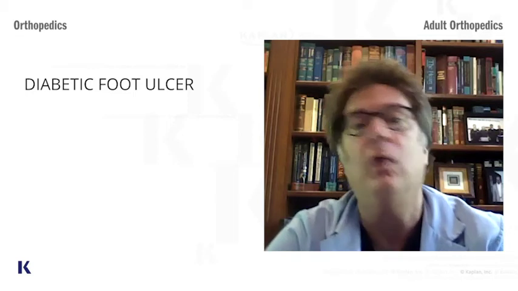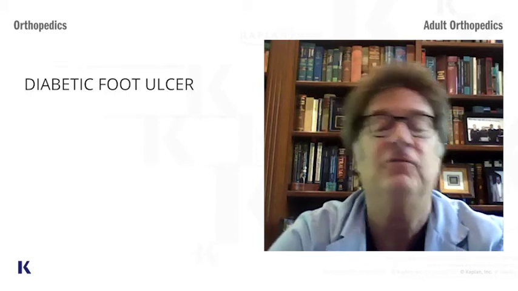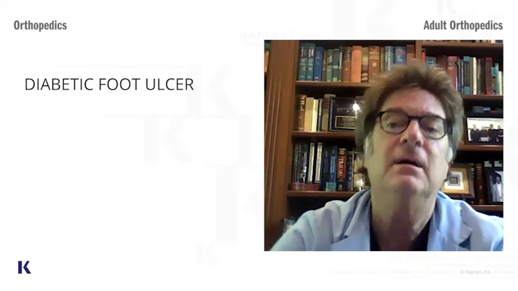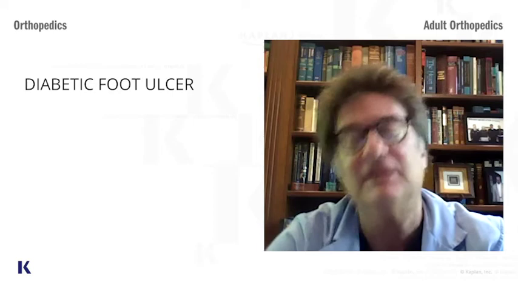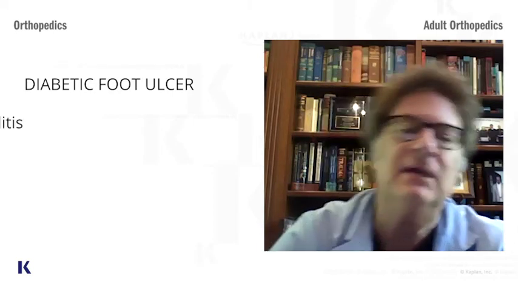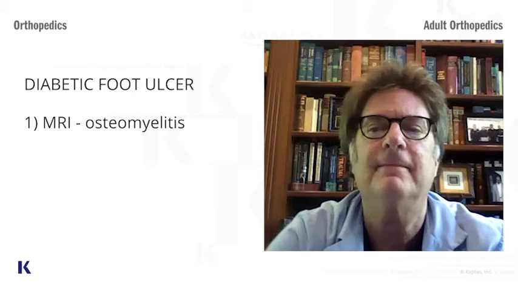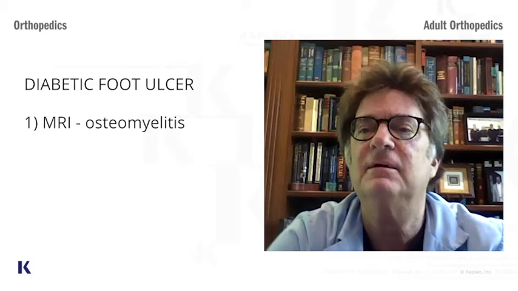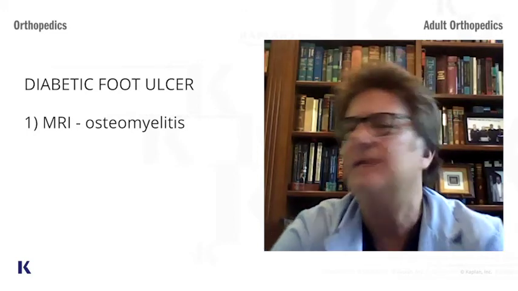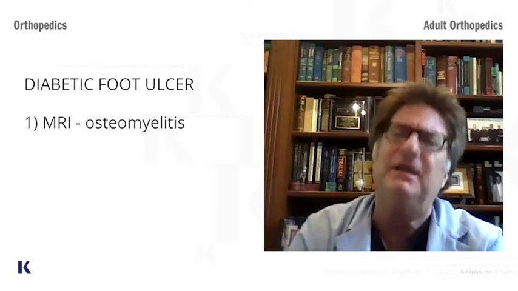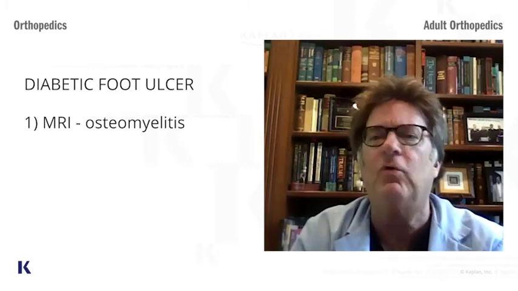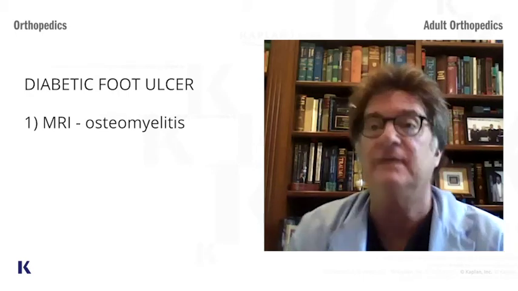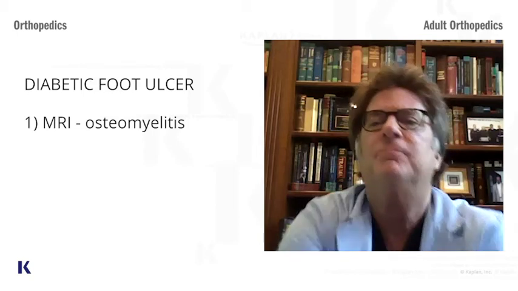Osteomyelitis. And what is the best test for osteomyelitis? An MRI. And you don't have to get it emergently, meaning in the middle of the night. You get an MRI the next day. But the other test that you get is a plain film of the foot. Now you're asking me, why would you possibly get a plain film of the foot? When I told you just before, I said that plain films are the worst imaging study for osteomyelitis, and that's true. But your plain film of the foot